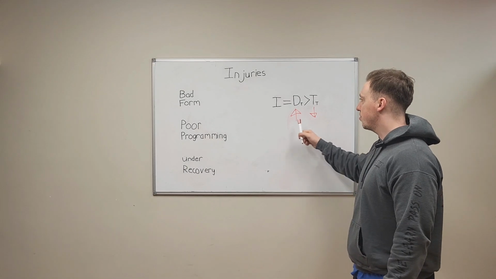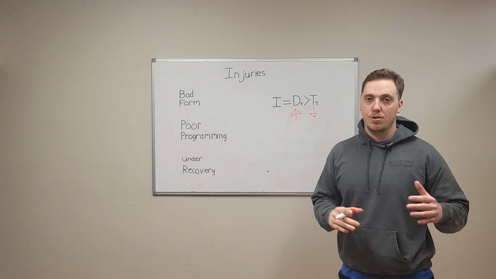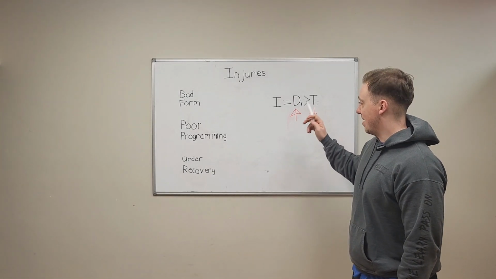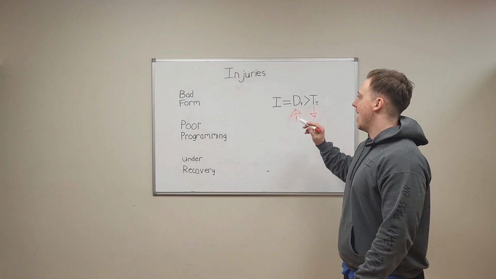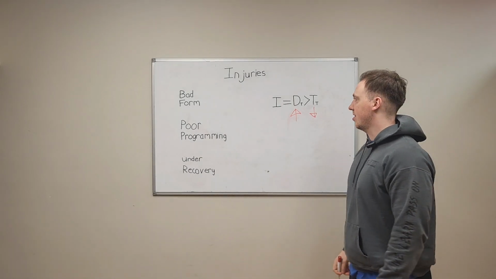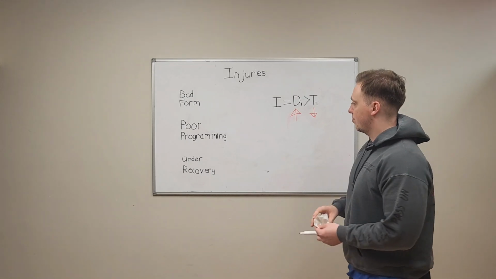Anytime you see both of these happening, where the demand of the tissue and the tolerance of the tissue are moving in opposite directions, and that demand of the tissue is increasing, it is exponentially more likely to result in an injury. The last one,